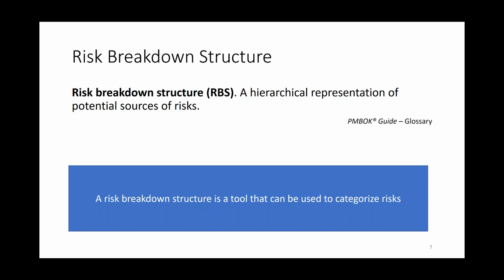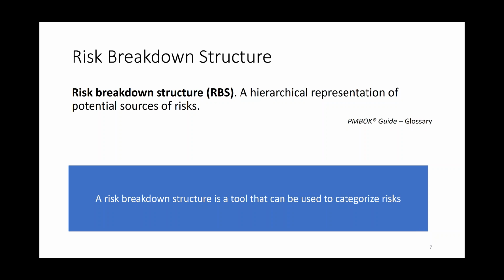I've got technical risks associated with requirements. I've got technical risks associated with software. I've got technical risks associated with integration. I've got technical risks associated with cybersecurity. And none of those is a risk in and of itself. I have not named a risk. What I've said is these are potential sources of risks. Later on, I'll take a dive and identify individual risk events based on that.